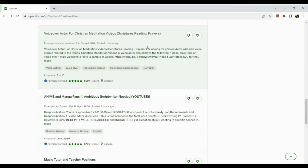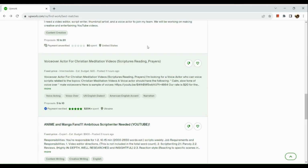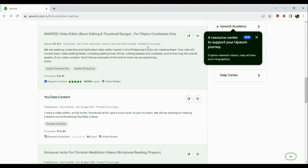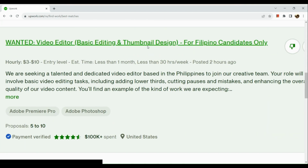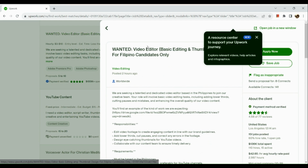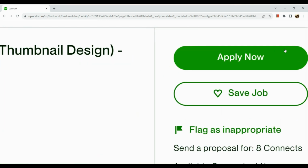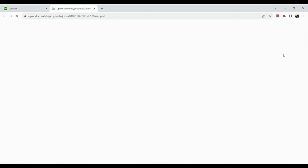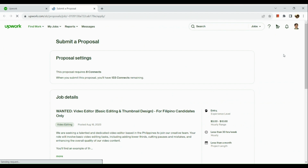Next, you can also craft tailored proposals. This is actually really important, especially if you are already choosing a job that you would want to ace in Upwork. Say for example, you would like to have this video editor job. All you need to do is to click on the apply now button here on the right hand side of the platform. And then what you need to do next is that you're simply going to